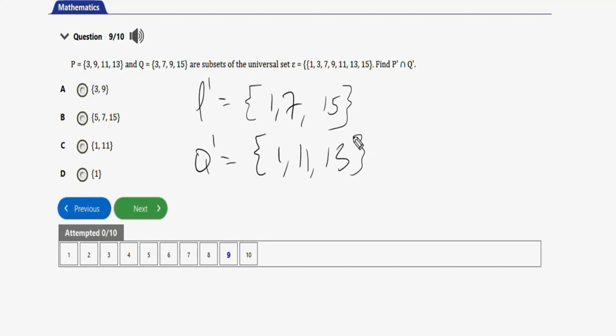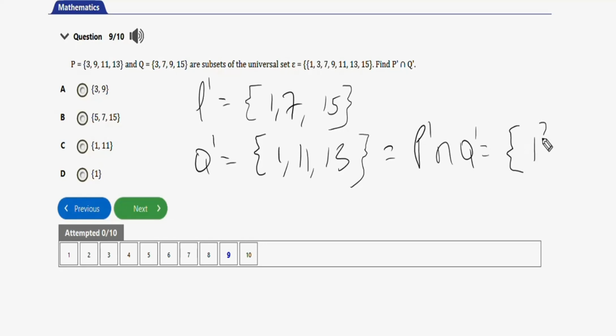Pardon, let me write this way, guys. So the P complement intersect Q complement, the common values here, we have it to be